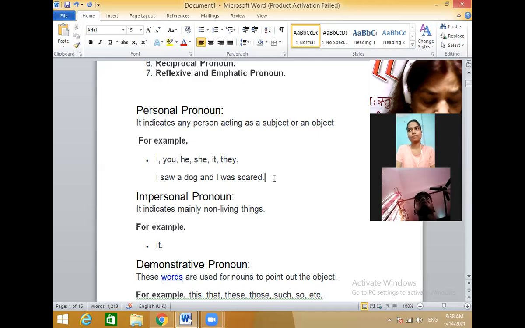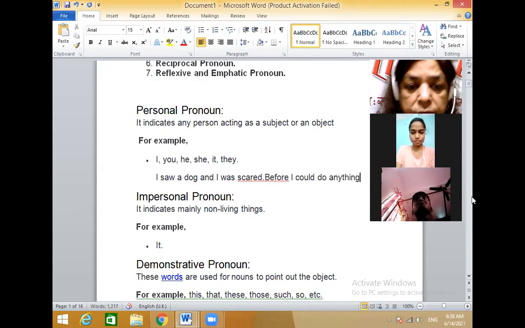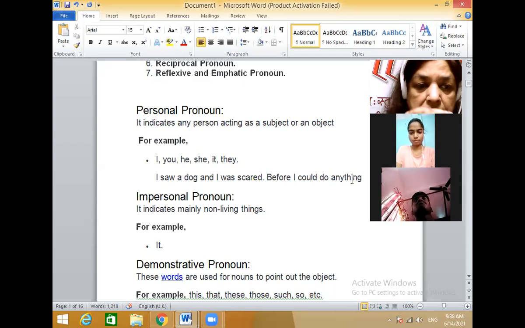Before I could do anything. Okay, you are also building a story. You're developing content. So, I saw a dog and I was scared. Before I could do anything, this is an incomplete clause, a subordinating clause, which has to be connected with the coordinating clause. Before I could do anything, it means